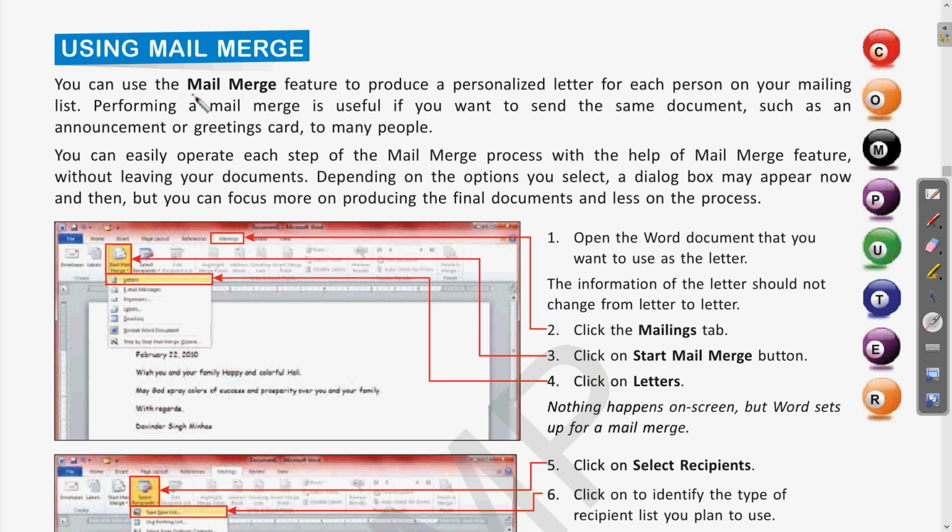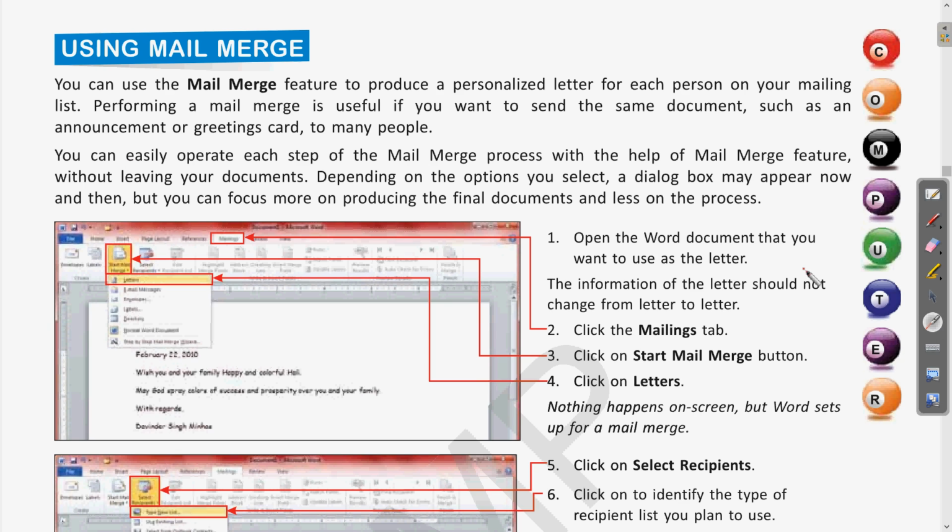Mail merge is actually used for personalizing any letter. If you are writing any invitation or a letter that is common, and you want to send it to various persons, that can be done using this mail merge feature. Clear? It is a very friendly approach of sending the document to various people who are in your mailing address list, or if you have their email addresses, you have to add them into the address list of MS Word, and then we can send the mail using that feature. Clear? That we have seen.